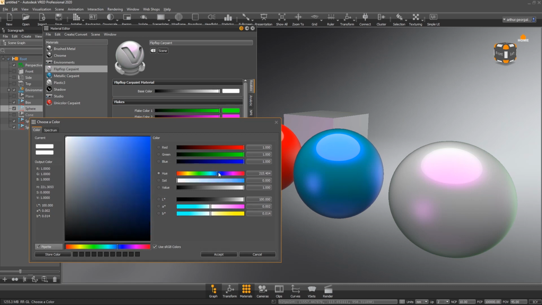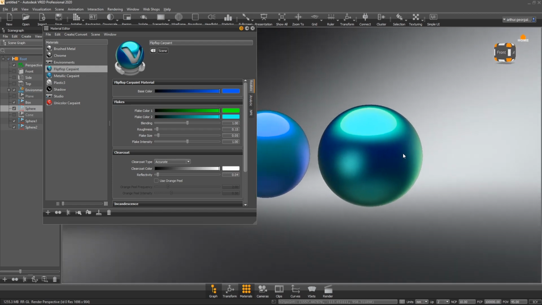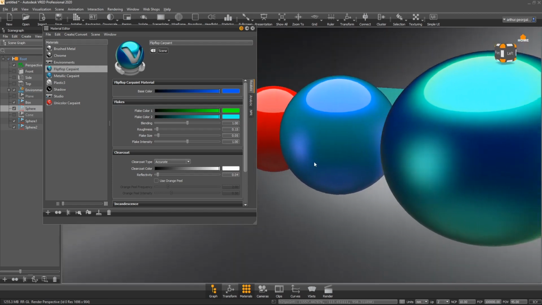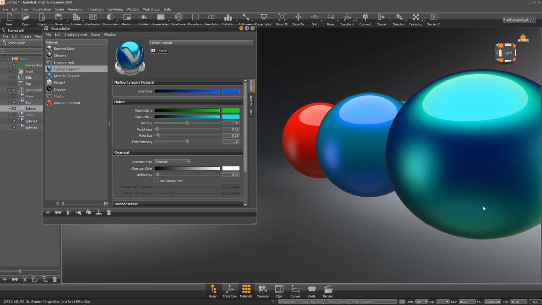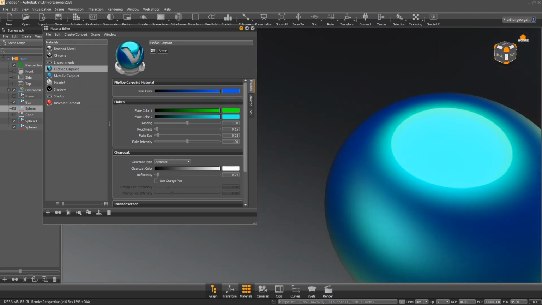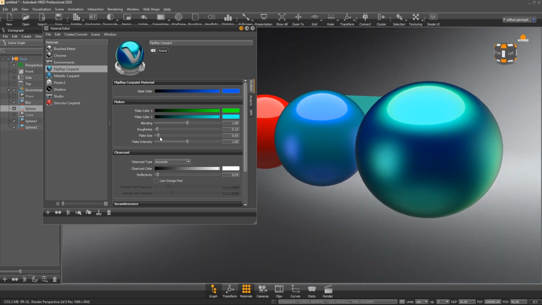So, if we go for something that's like a blue, we've got a lighter blue there, and we've got the green. We start to get those three colors coming through, where, as we can see, the metallic doesn't have that level of color change throughout it. And I guess the idea is that it's flip-flopping between those colors depending on how we look at it. Same sort of settings here for roughness, flake size, flake intensity instead of the perturbation, which is pretty much the same thing anyway. And again, the orange peel option